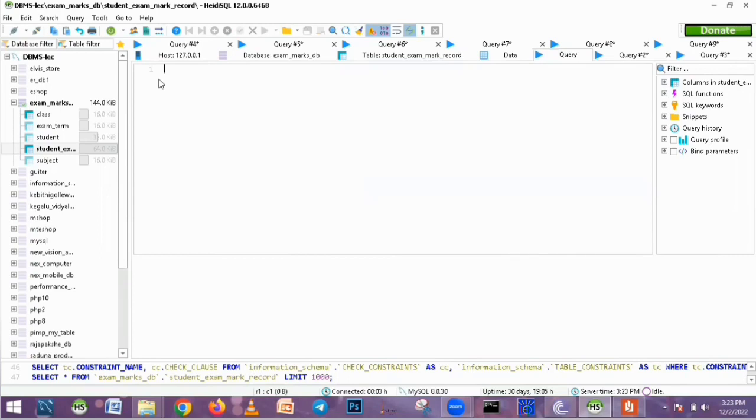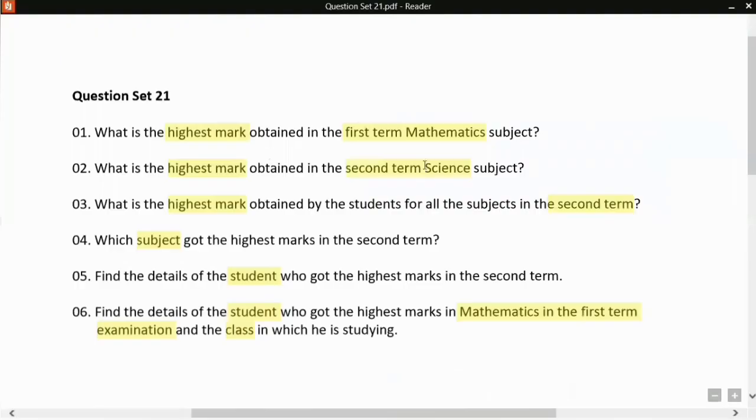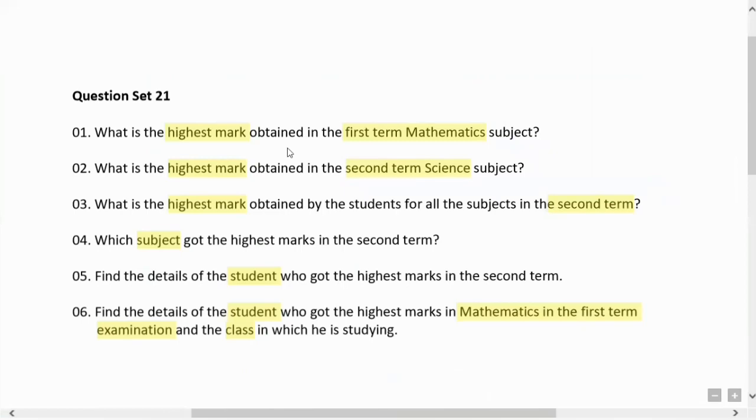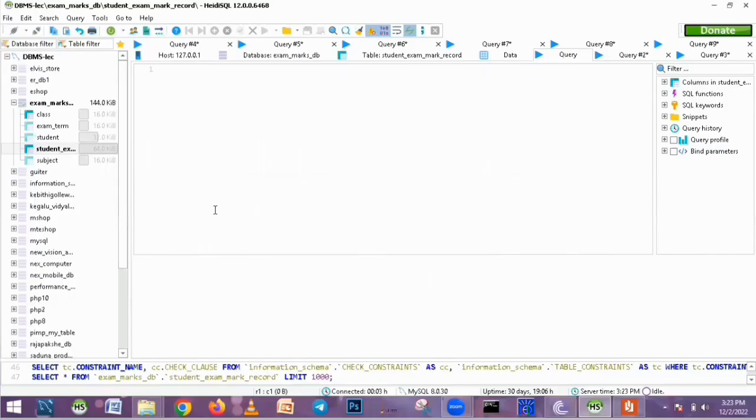We need to find the maximum marks, so the highest mark: highest mark, first term, mathematics. These three are the conditions. So we need to find the mathematics marks in the first term. Now we need to use the max keyword. Select max. We don't need a space here, and we use brackets. Go inside the bracket. We need student